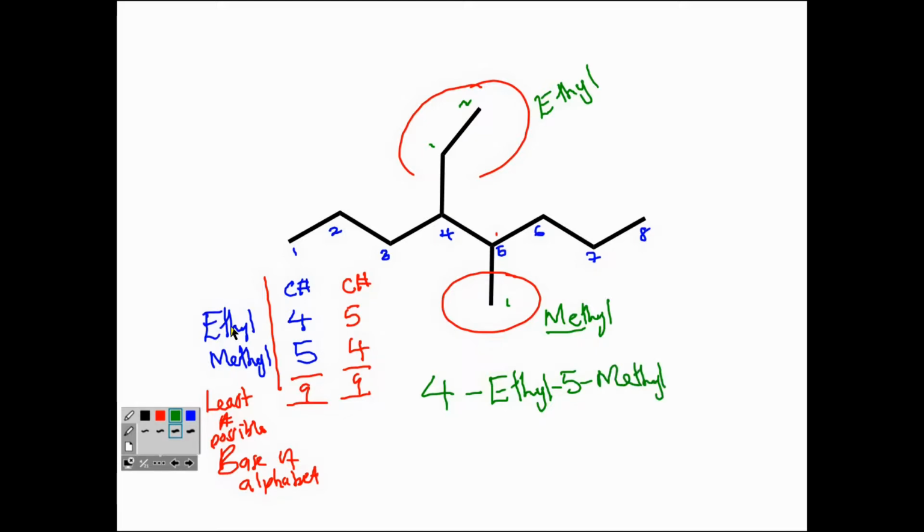Okay, and then we have a parent chain containing 8 carbons, so it's octane, a methyl octane. I think we have a hyphen somewhere there. Okay, 4-ethyl-5-methyloctane, that's the name. Next,